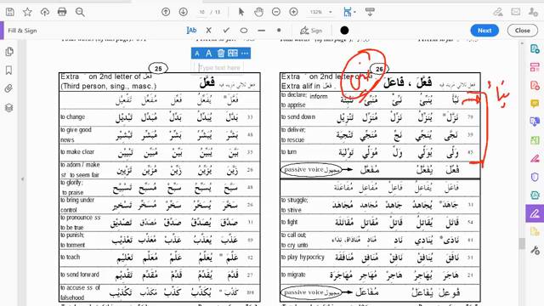So let's see what it does to the root when we add that. قتل is the root. نادى is an irregular verb, so let's take it out. نافق, هاجر. All right, let's look at جهد, قتل, نفق, and هاجر, and see what adding that to them does.